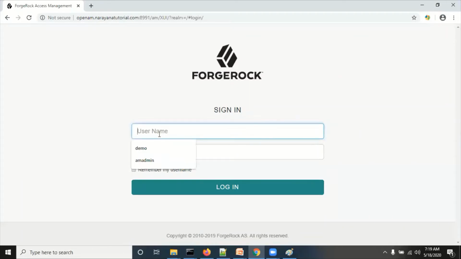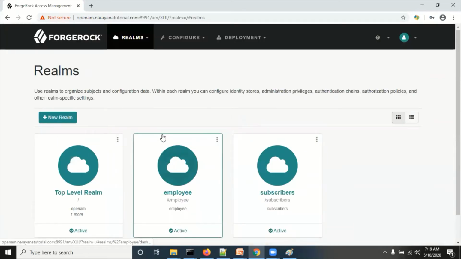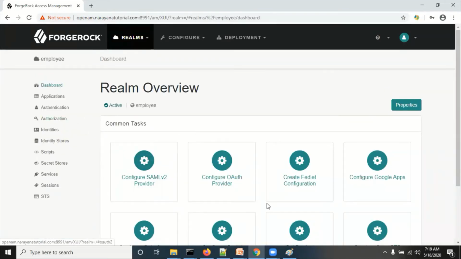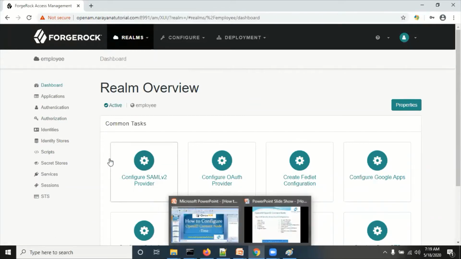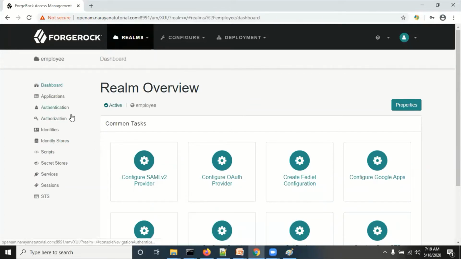First, in the IDP application server, we can configure the details. Here we have an employee realm; we have three realms, and in the employee realm I am going to configure. First of all, we have to enable OpenID Connect in the IDP server.